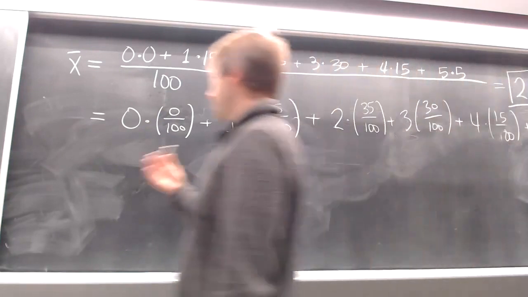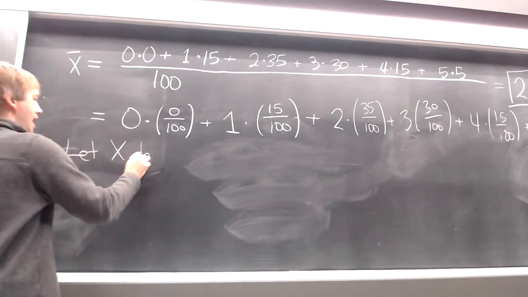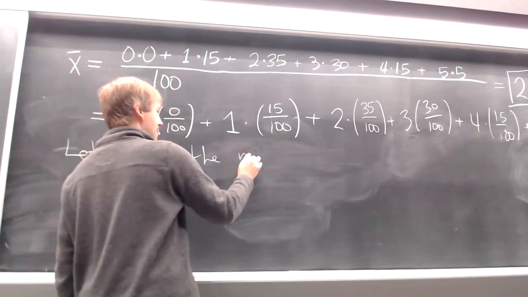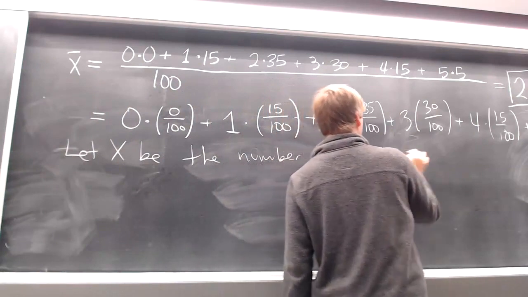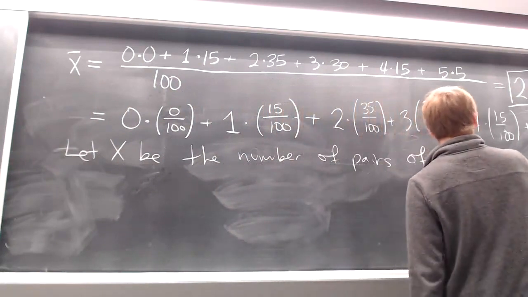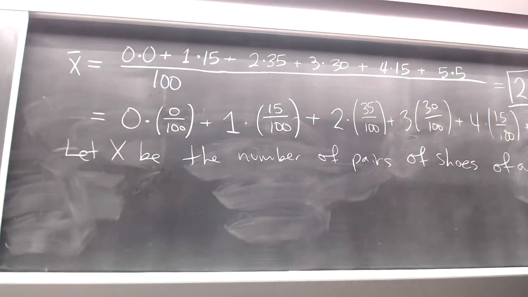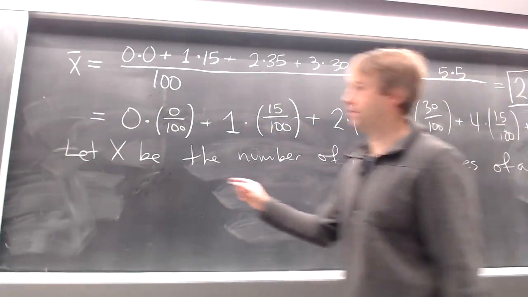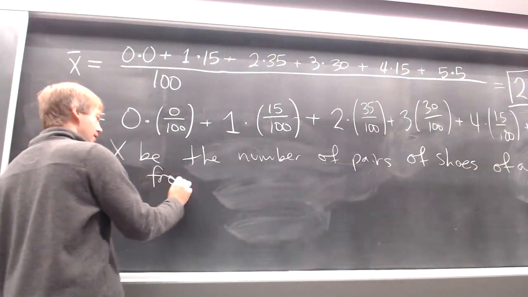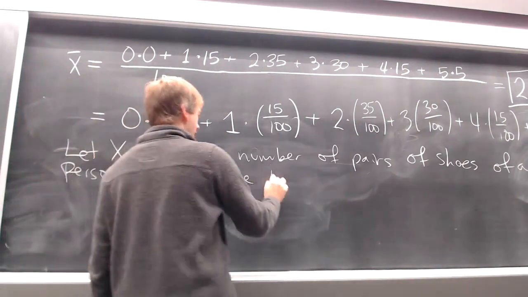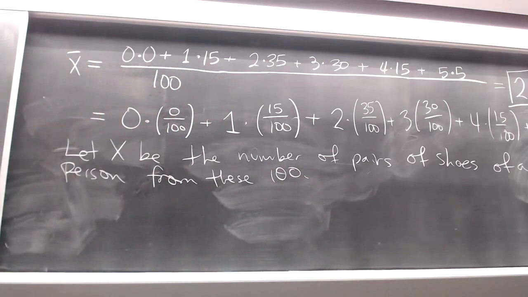So if I let x be the number of pairs of shoes of a random person from these 100, then